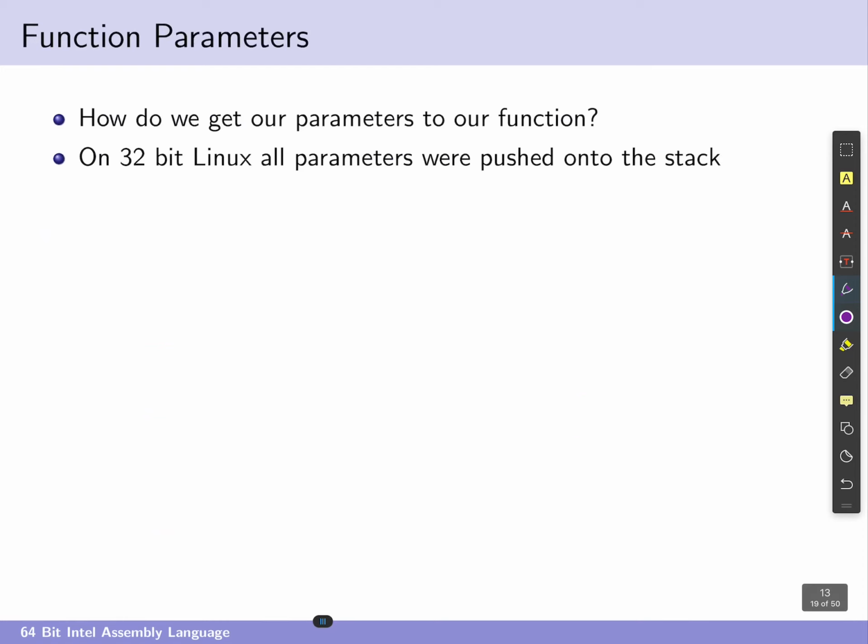Now, the next aspect we need to discuss about functions is function parameters. I discussed earlier in the example that we assumed we had loaded those parameters in. So if we haven't loaded them in, how do we go about doing it? Well, this is where assembly can become a little bit tricky, because the manner in which we have to actually